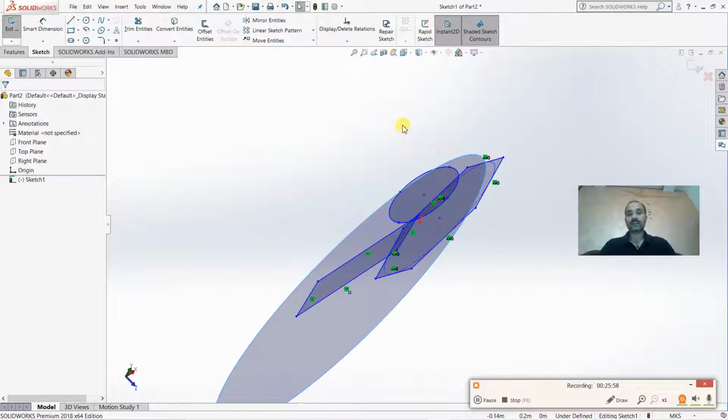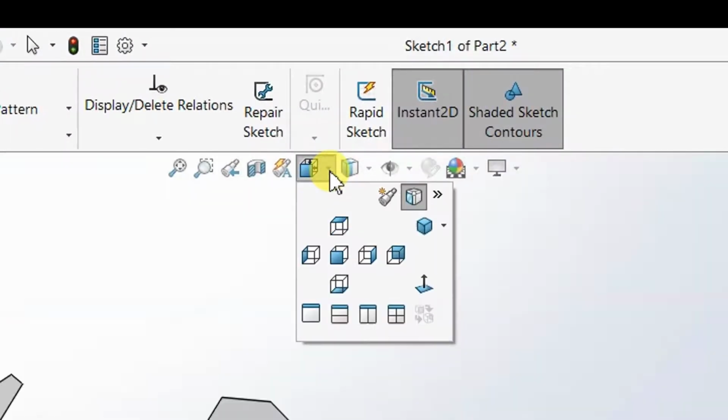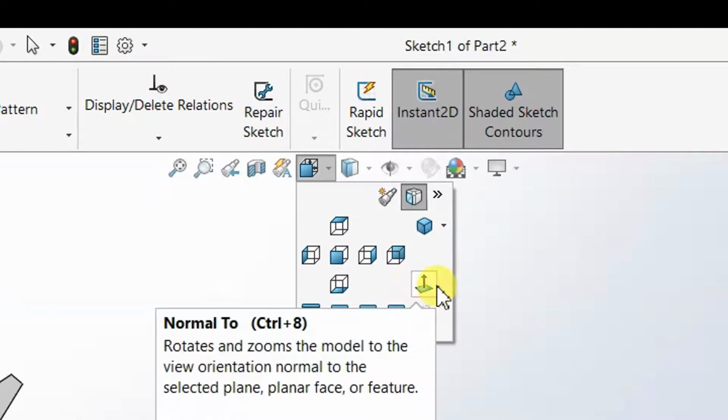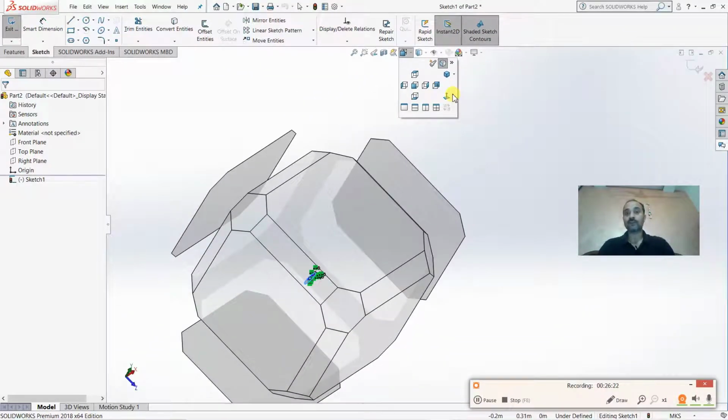So one specific command that is called normal is also available in the observer view controls. A plane and an arrow are shown at this, that is your normal. We will be using this normal control most of the time. So from the observer view control you will find this normal very useful and it will be used very frequently.